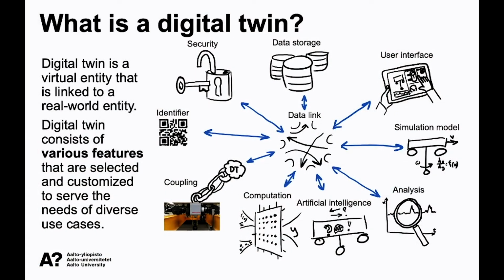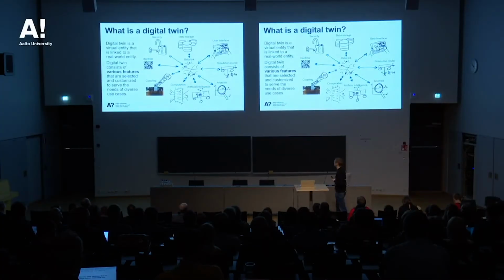That's what we have had mostly until now, but there's also already, for example, digital twin for organizations. It's available somewhere. And going from that definition further, the digital twin consists of various features that are selected and